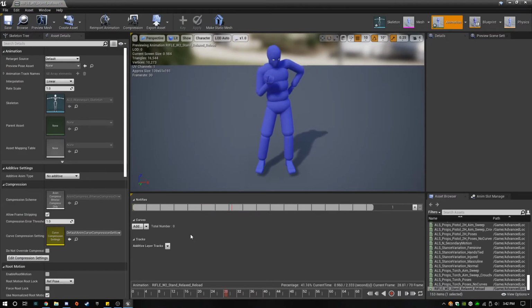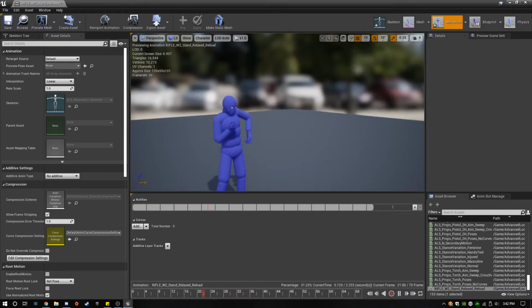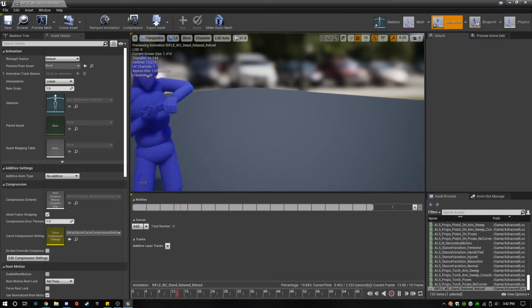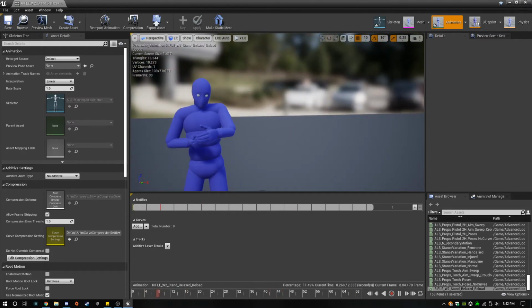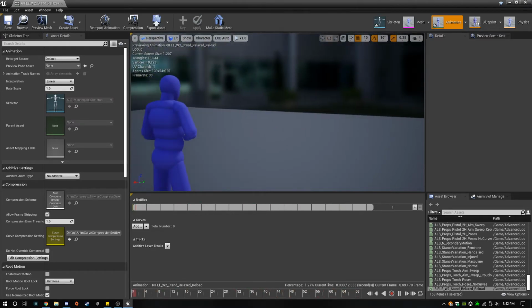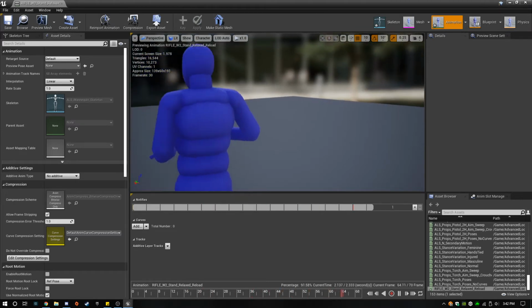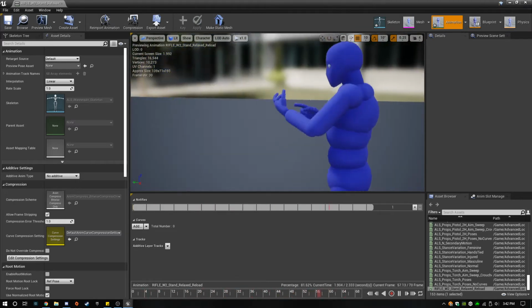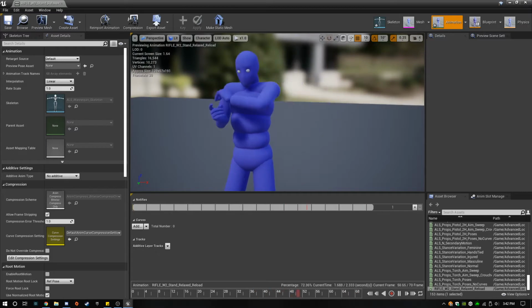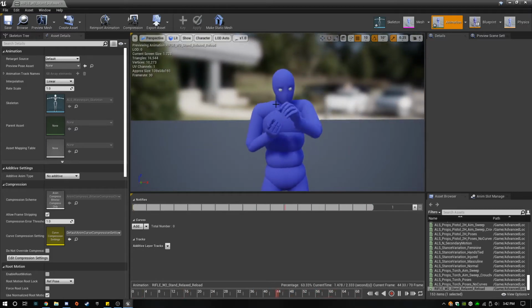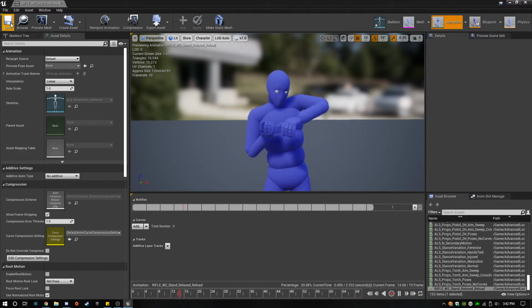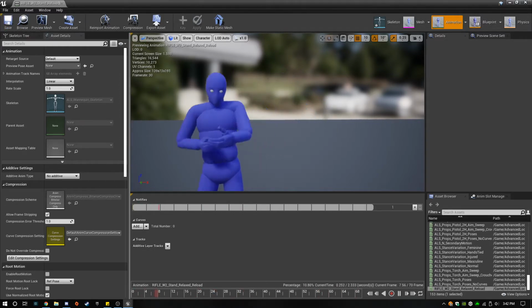Okay, that looks okay. I don't see any crazy clipping or extremes or anything like that, so that should be alright. That looks pretty good too.